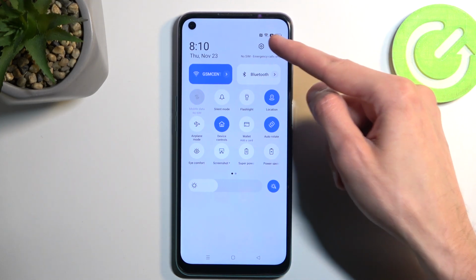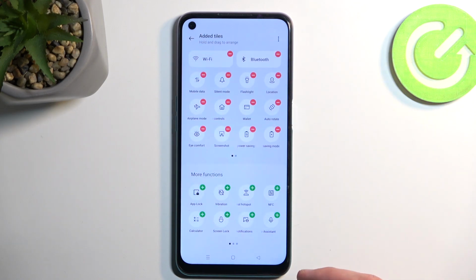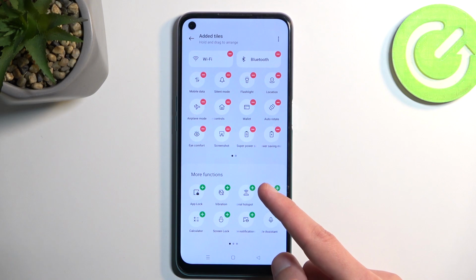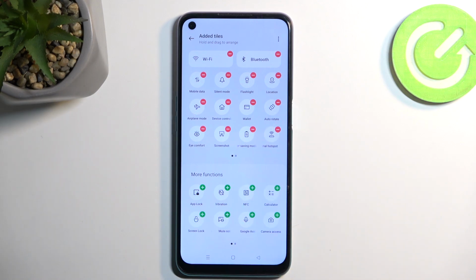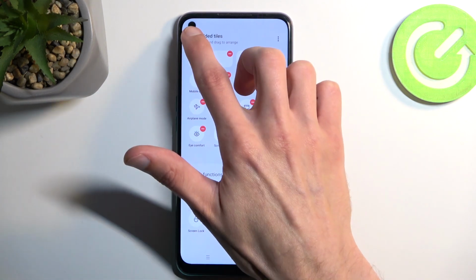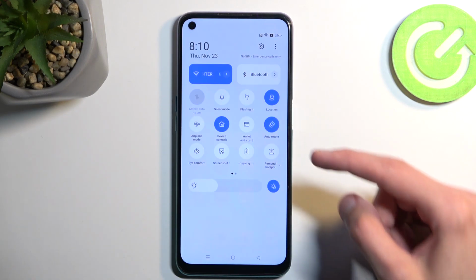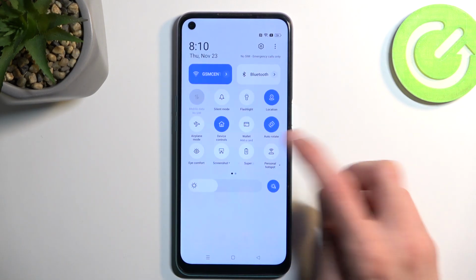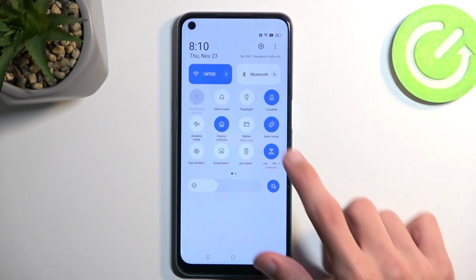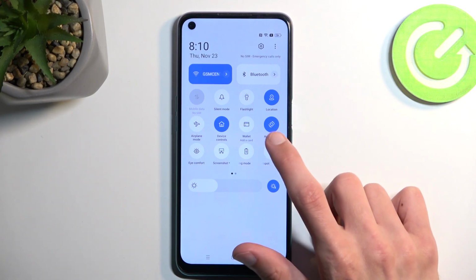I'm going to click right here on these three dots and then select Edit Tiles, and this will display all of the turned off ones at the bottom, one of them is Portable Hotspot. Click on the plus, it gets automatically added, and then when we go back, we should have access to it. Here, you can simply tap on it to turn it on, and tap on it again to turn it off,